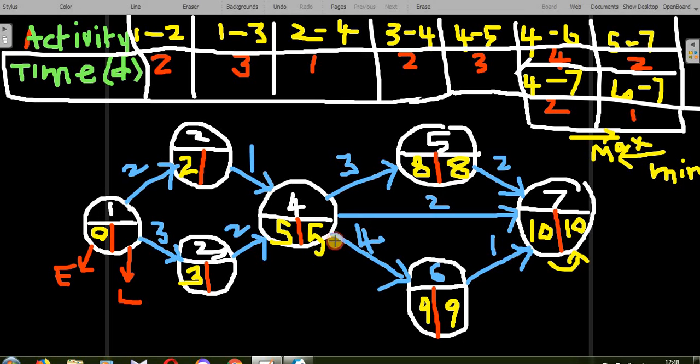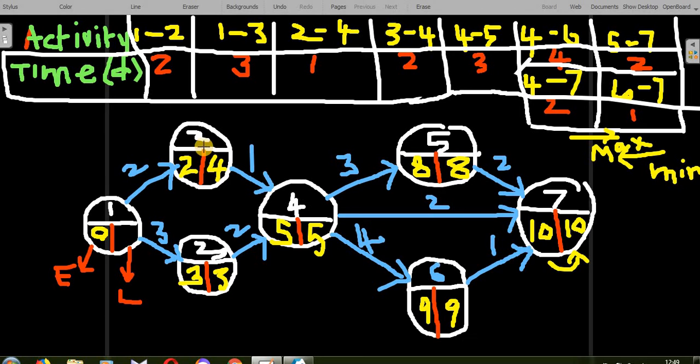That is a very important thing. Whenever 2 or 3 arrows end in an event, we have to calculate the backward latest time, and whichever is the minimum, we have to write. That's very, very important. But look at this 4 to 2. There's no problem because only one arrow is ending here. So this is the latest time. 5 minus 1, you will get 4 here. Am I correct? 5 is the latest time, and the activity time is 1. 5 minus 1, 4. Here 5 minus 2, you will get 3.